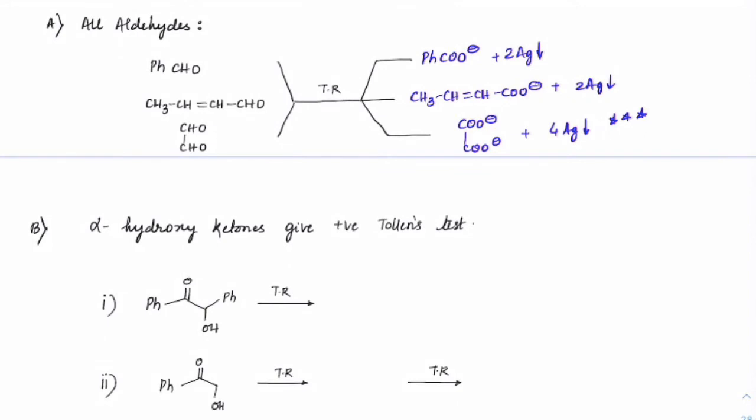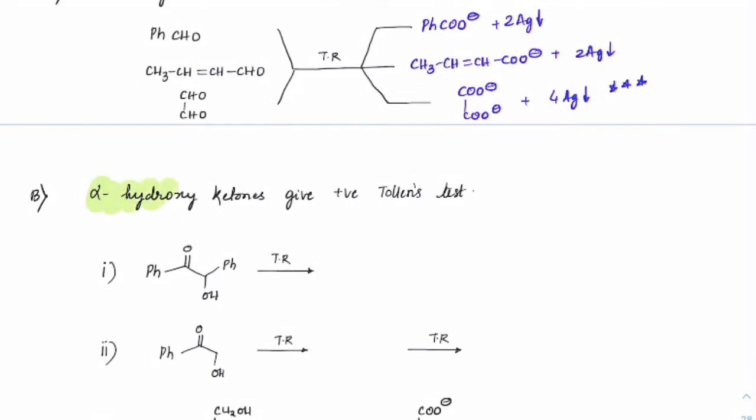But this test will also give positive recognition even if you have alpha hydroxy ketones. If you have alpha hydroxy ketones, Tollens reagent will oxidize the alpha position of this OH group. More or less it would happen something like this: this OH minus will attack this H plus, removing water. That O minus will try to make a double bond here, removing this hydride. Got it? So that's how it happens. Again, the mechanism for any of these cases is not important for us. We only need to know in which cases Tollens reagent would give a positive test.